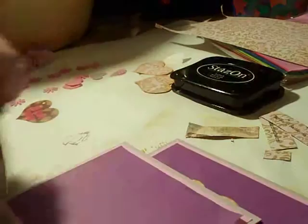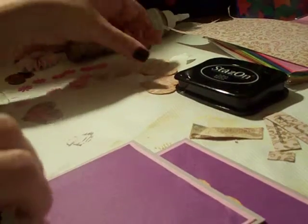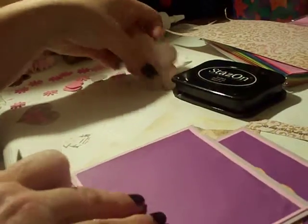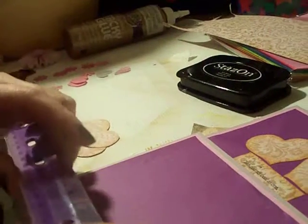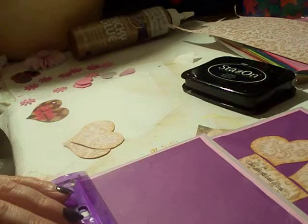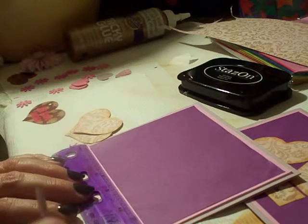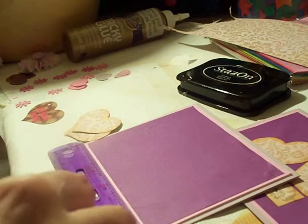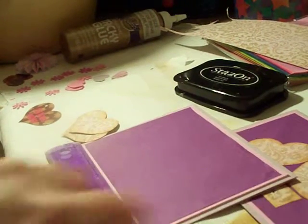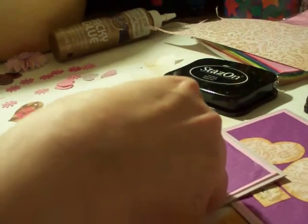If the corner plumps like that, I can use this adhesive to bring down the corner. Okay, and then we'll do the sentiment first so that we know where the center is. And the center is at 2 3/4. That would be the center of the sentiment, and I may be off camera, but here we go. 2 3/4 will be the middle of the sentiment, and that would be right here. So that would be the center, but I do want it up,